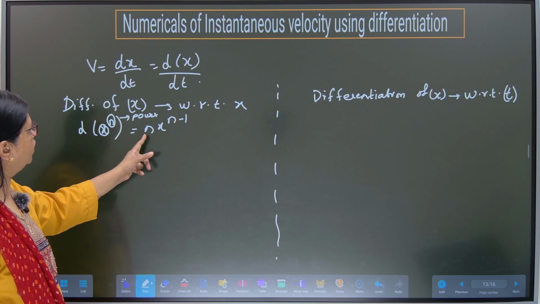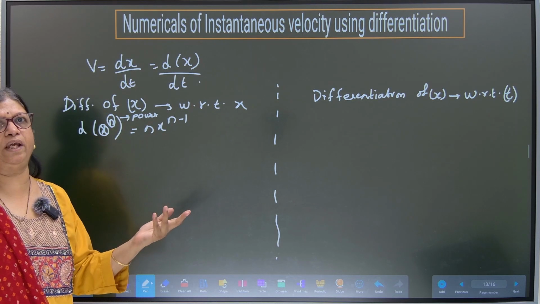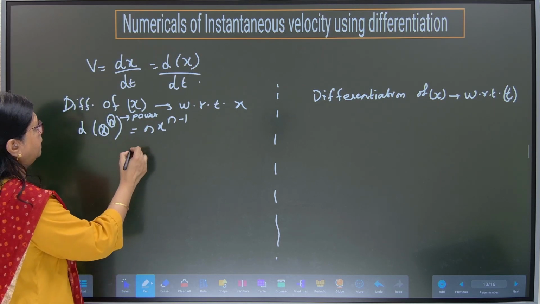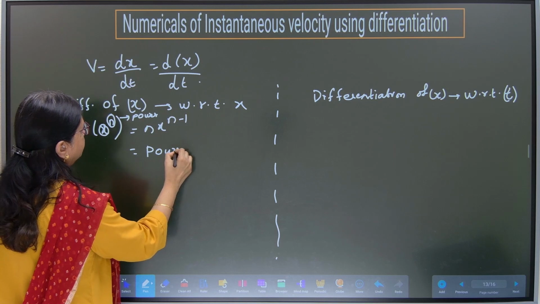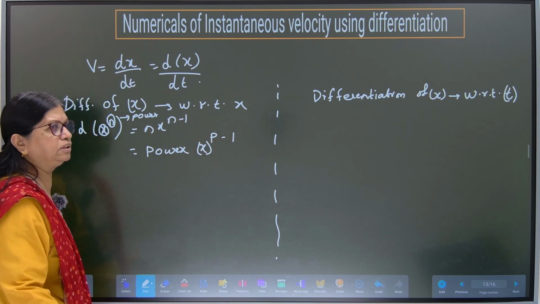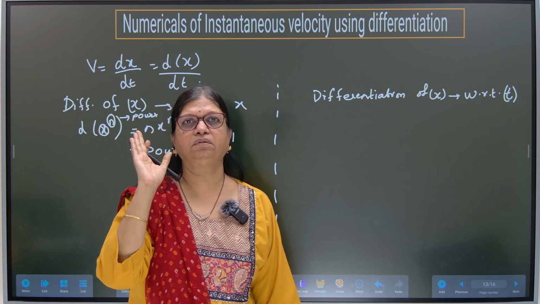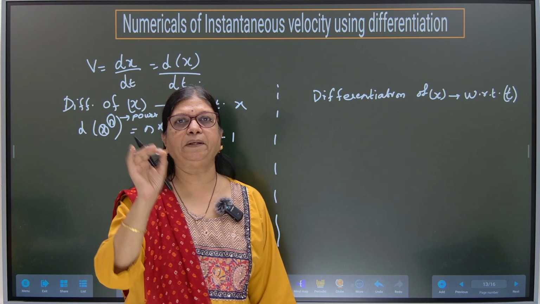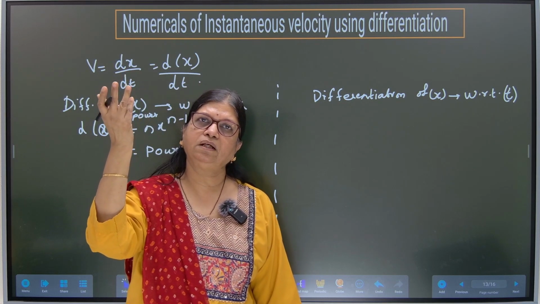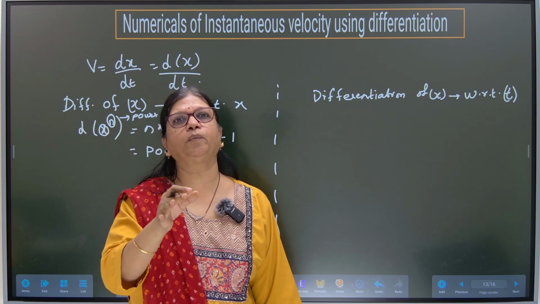So now what is the formula for it? n x raised to n minus 1. Forget that formula. What should you remember? Power, then the variable raised to power minus 1. This much you remember. That's what I said, I will make you understand some trick. Power, write the power. Variable, write the variable. Power minus 1, write as the exponent of x. Simple. That will give you an easier way of remembering the formula of differentiation.